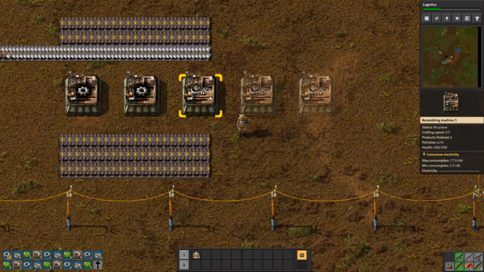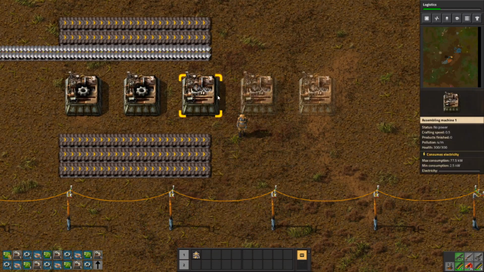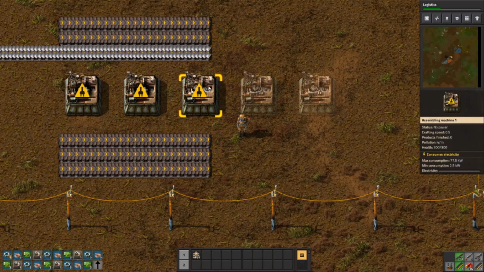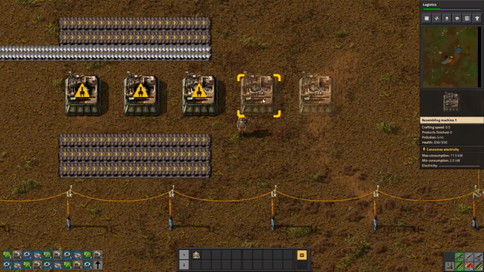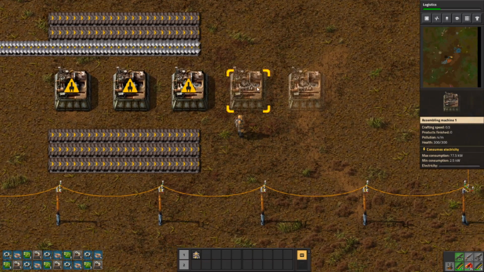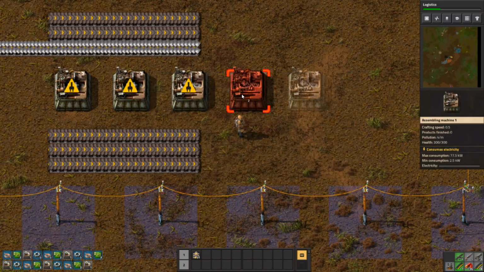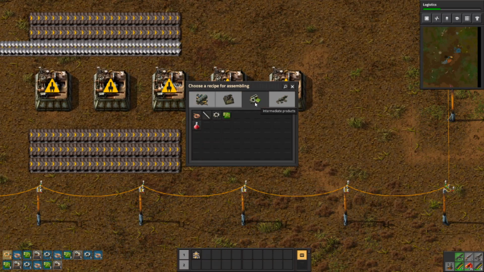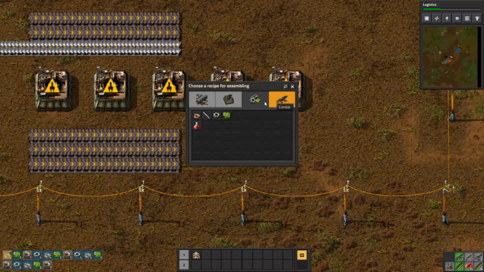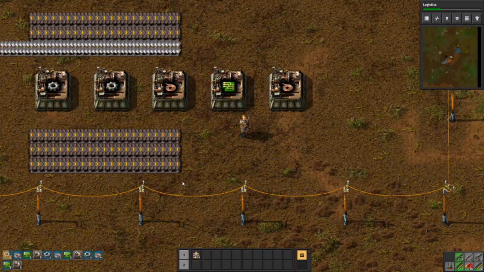Copper cables, we need more of those than we do electronic circuits, because if we're only making one thing of copper cables into one thing of circuits, the circuits won't make fast enough. Two is too many, but one is not enough, and I'd rather have too many than not enough of the intermediate products being made. So what we're going to do here is make copper cables here and here, and then we're going to make electronic circuits here, and then we're going to feed...